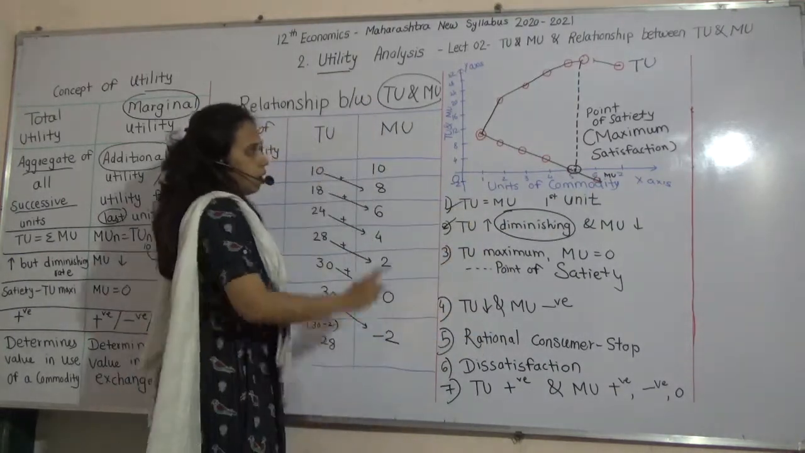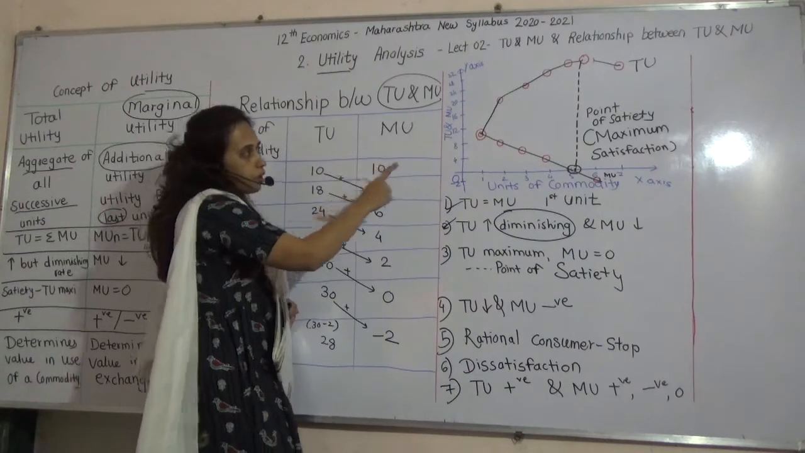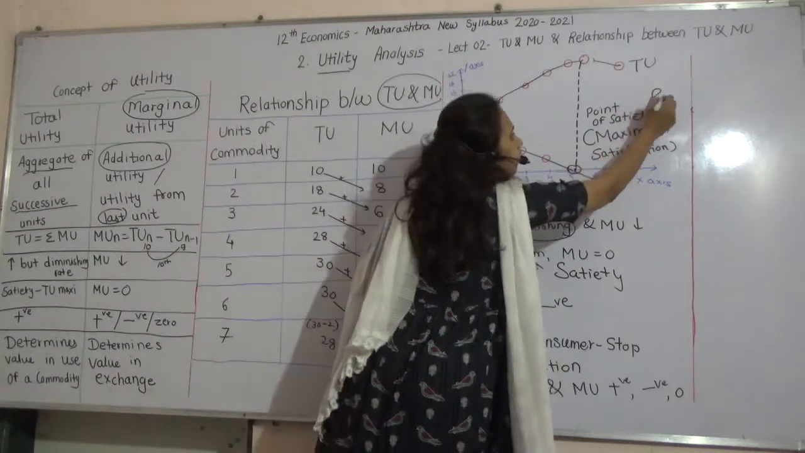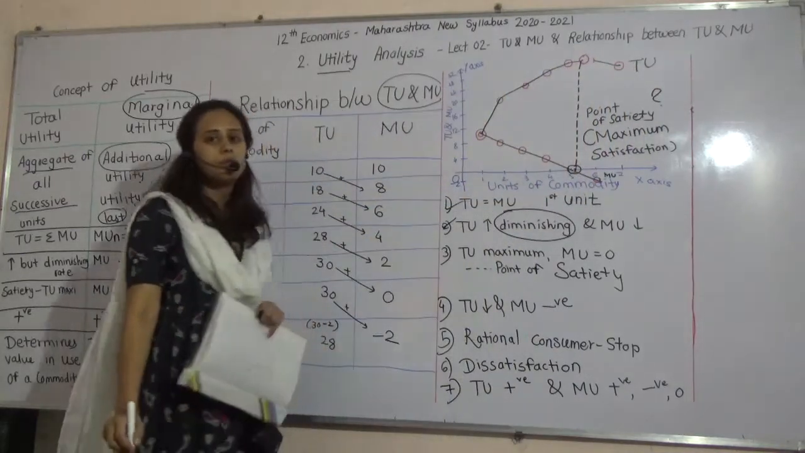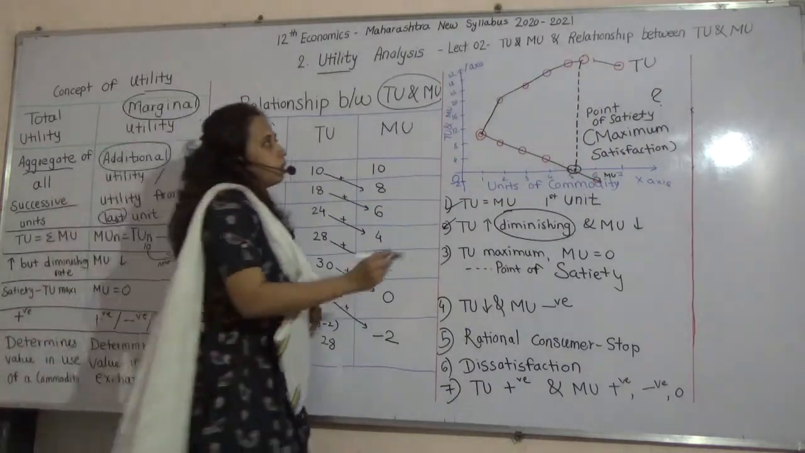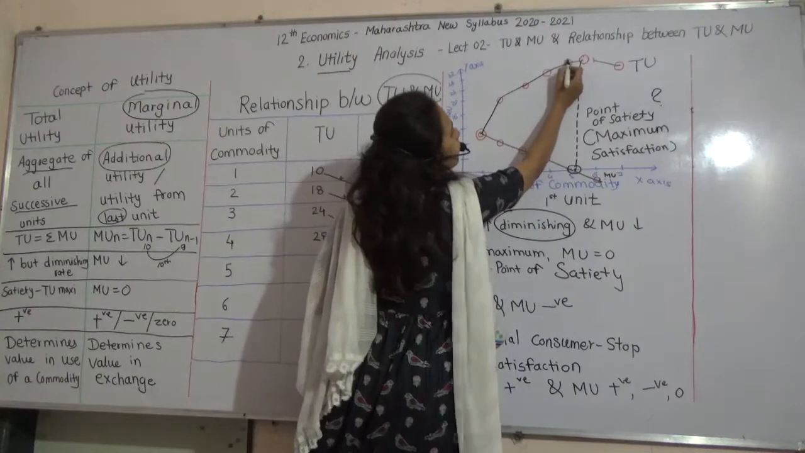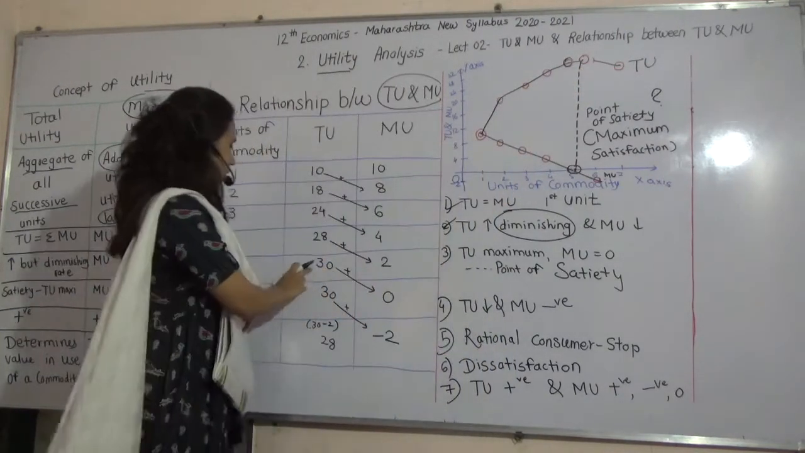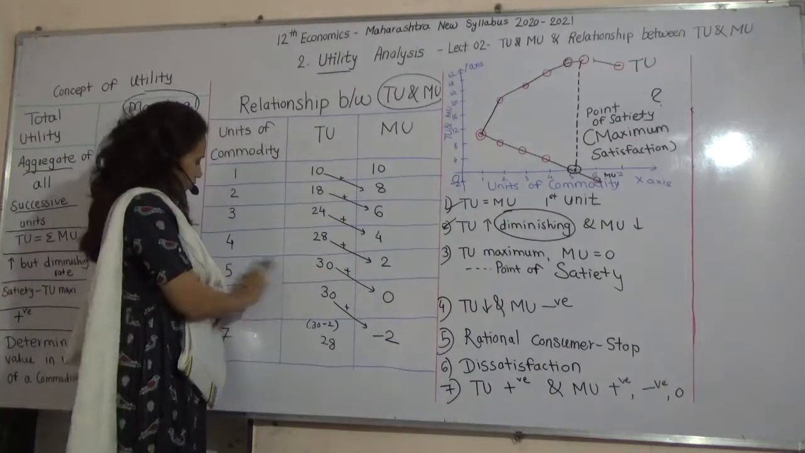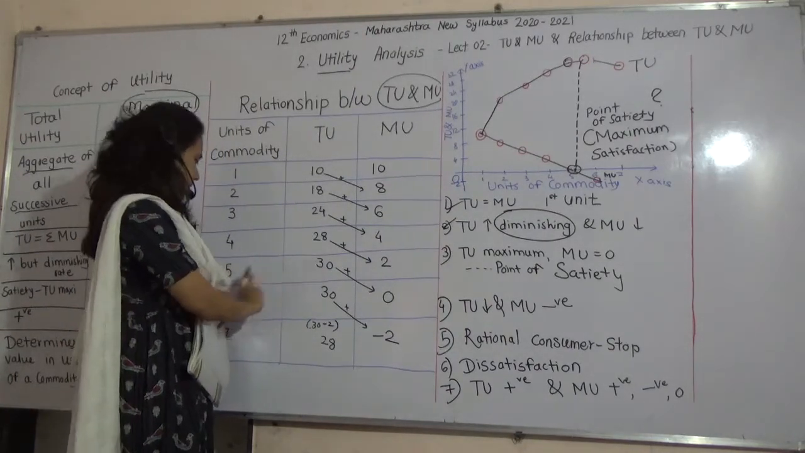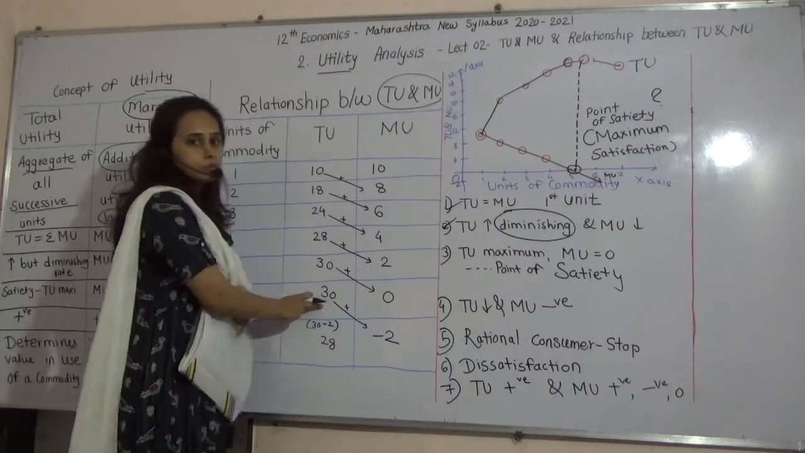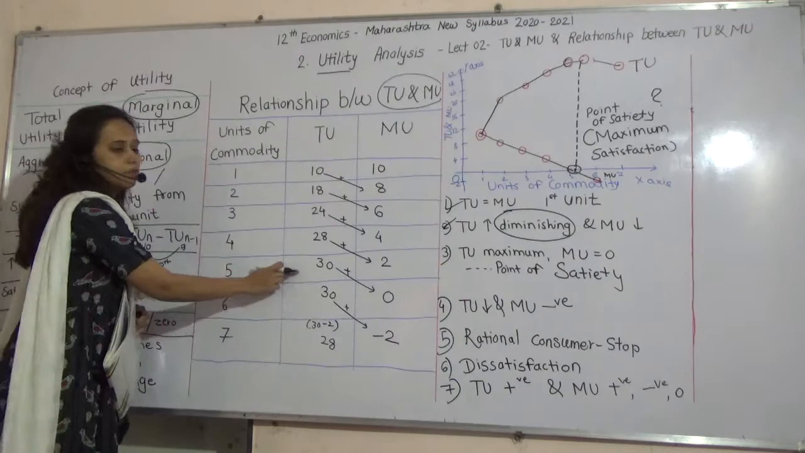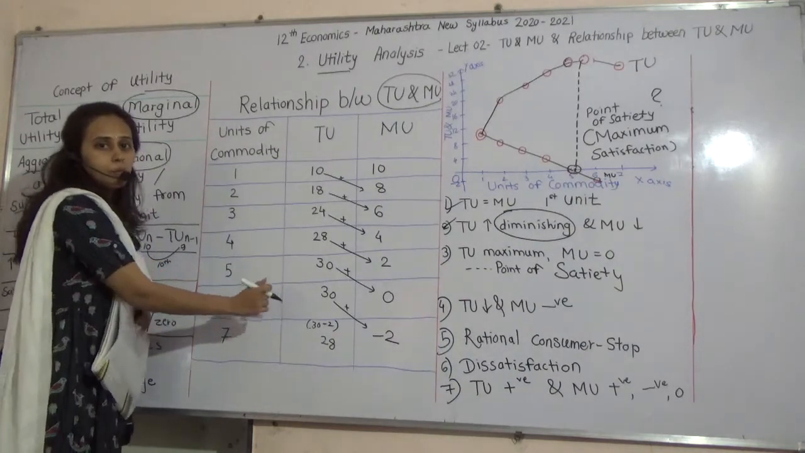Now see, we come across one point, that is the point of satiety. Now understand what this point of satiety is. Point of satiety means the satisfaction level is the same. Here he is getting 30, and for the 5th unit also 30, for the 6th unit also 30. For both, the satisfaction level is the same, but